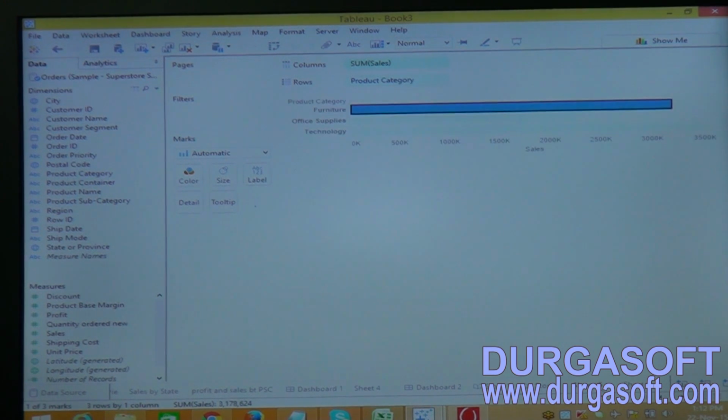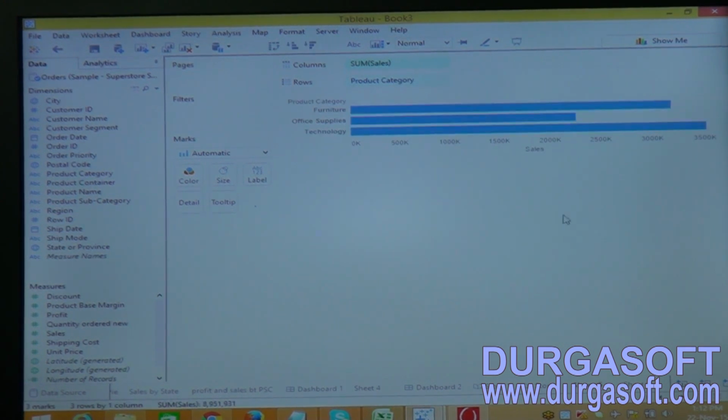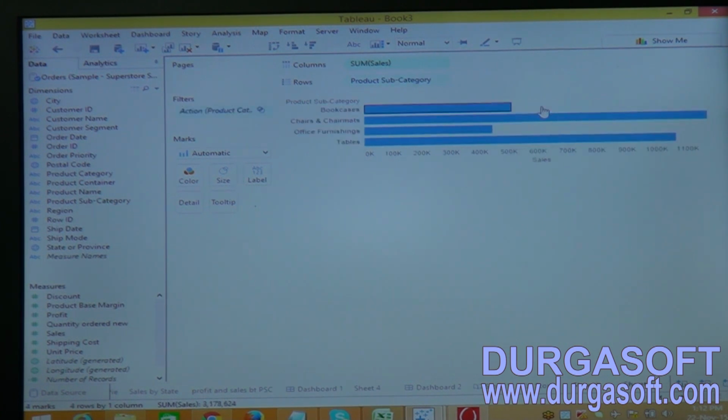Now go to Sheet 5. When I select the Furniture data, it is now going to Sheet 6. See this. The filtered view is automatically displayed by the action. It is displaying the product subcategories of Bookcases, Chairs and Tables, right?